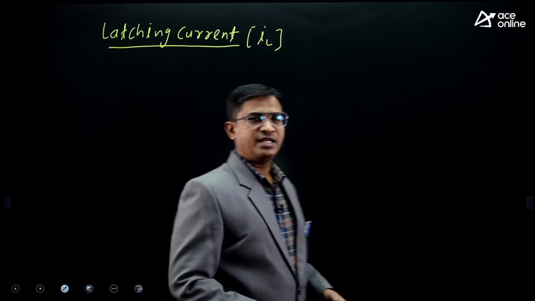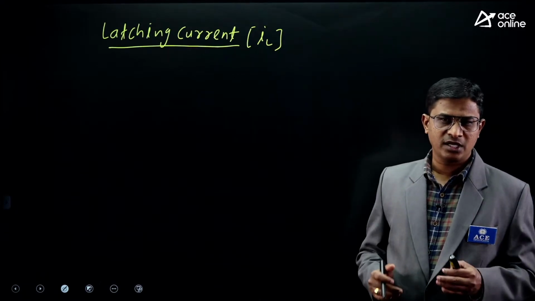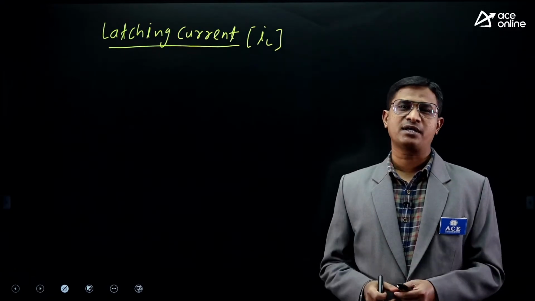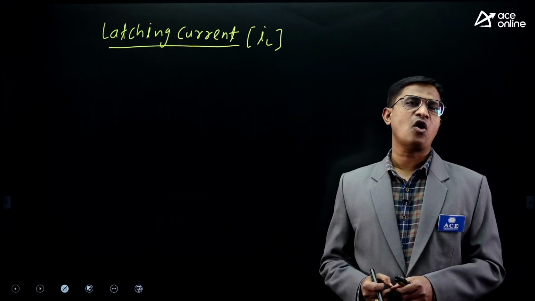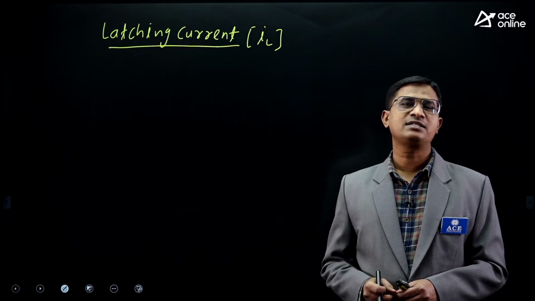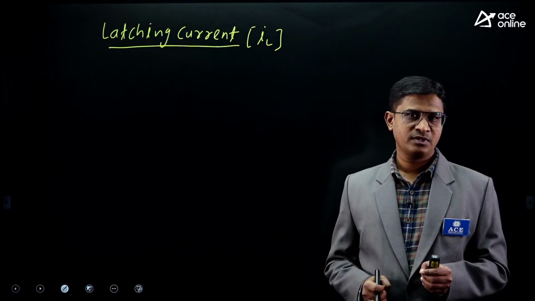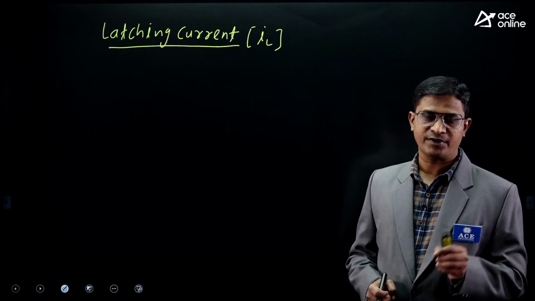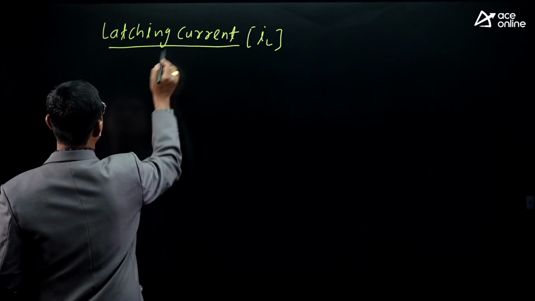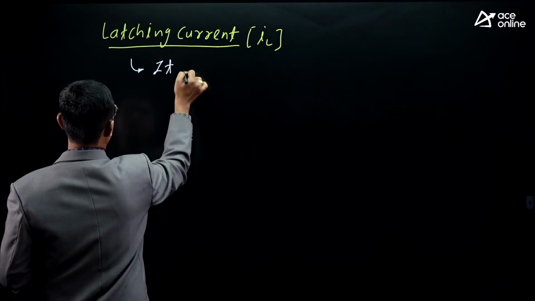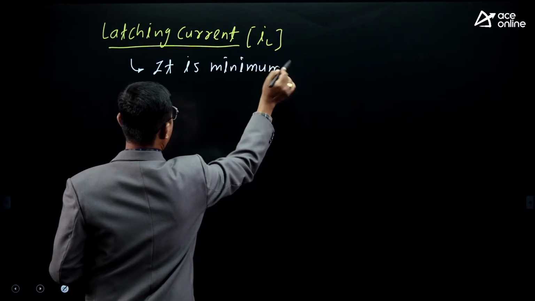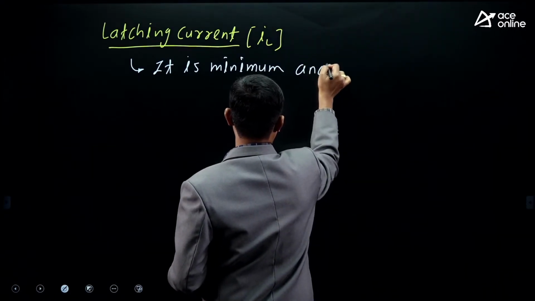Latching current: it is the minimum anode current required to maintain SCR in the on state immediately after SCR has been turned on using a gate signal and the gate signal has been removed. First of all, let me write this definition. It is the minimum anode current